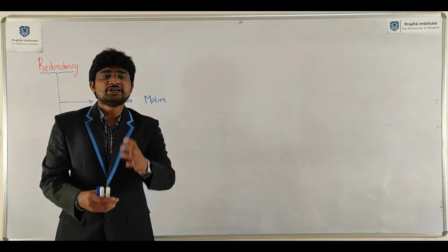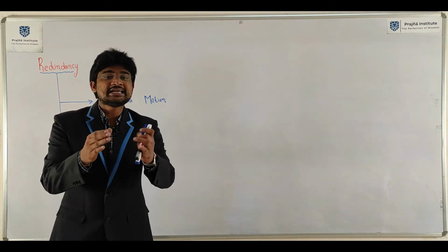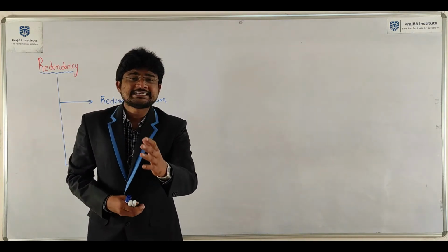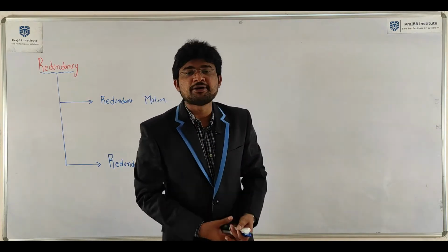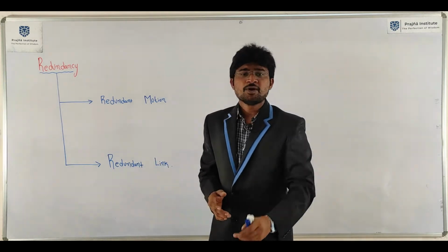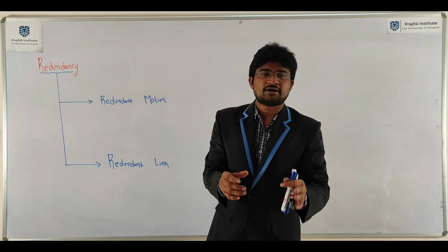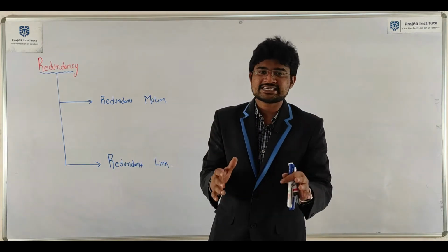In general, we use Grubler's criteria to determine the degree of freedom of a mechanism. But Grubler's criteria fails to determine the degree of freedom of some mechanisms due to the presence of redundancy. What is that redundancy in the mechanisms? We need to discuss it in detail in this session.